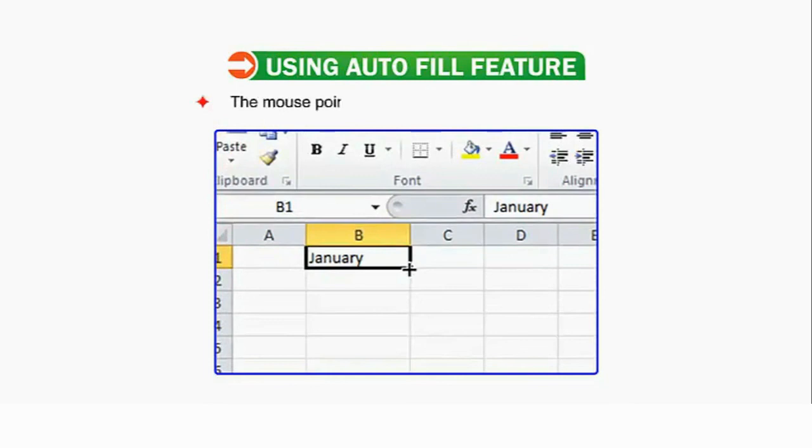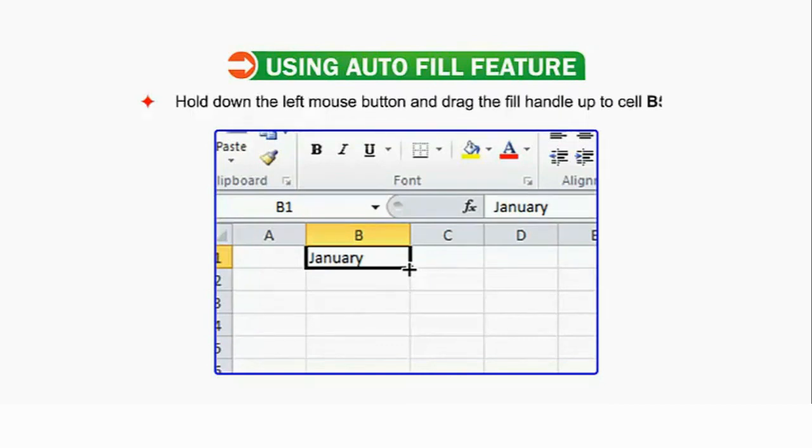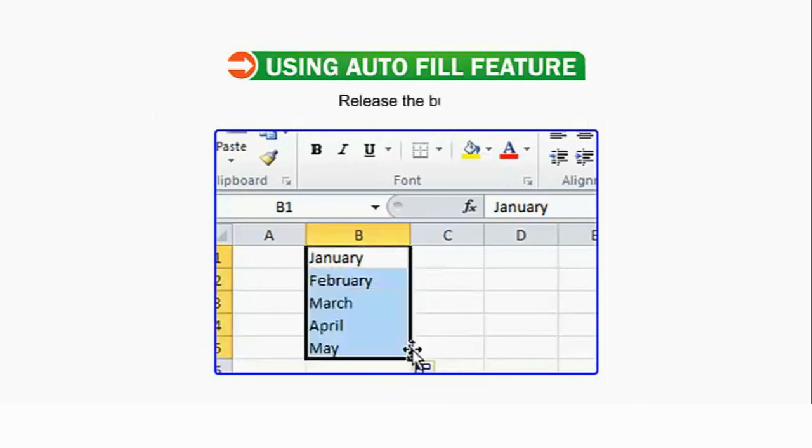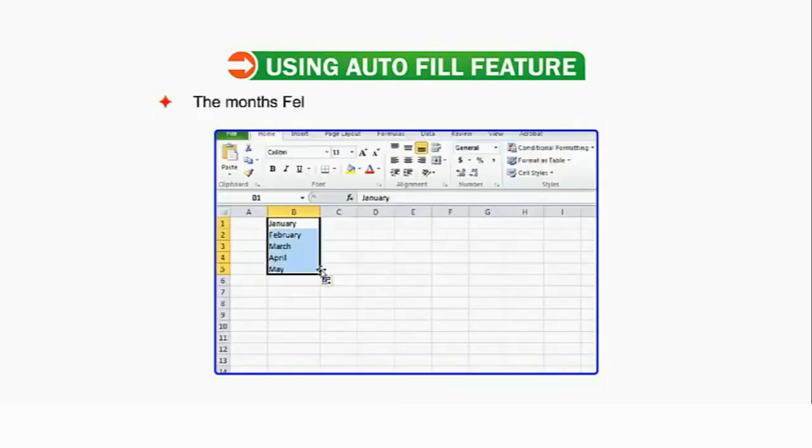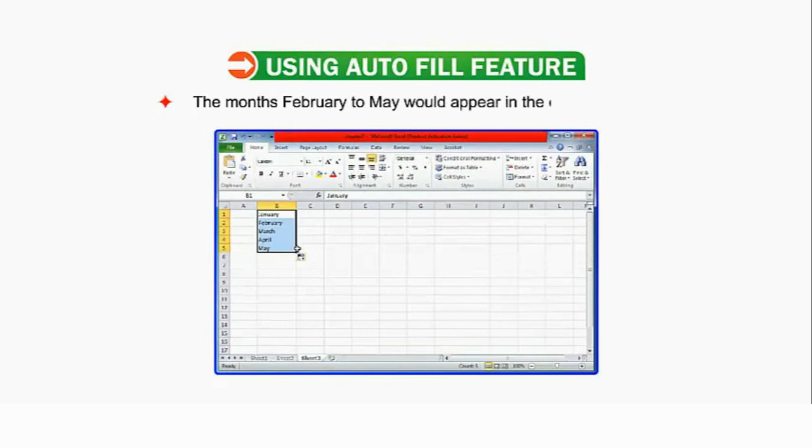The mouse pointer changes into a thin black cross. Hold down the left mouse button and drag the fill handle up to B5. Release the button. The months February to May would appear in the cells B2 to B5.